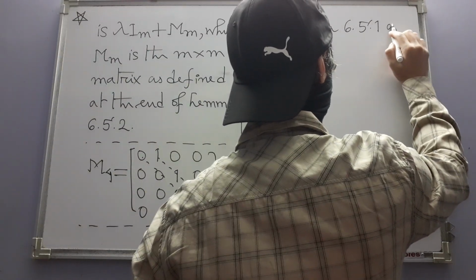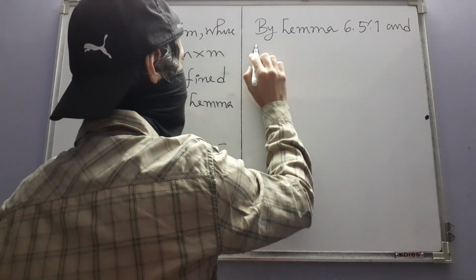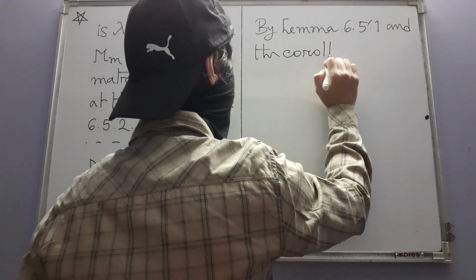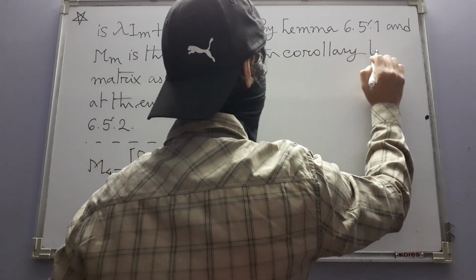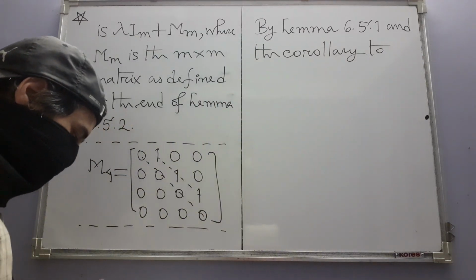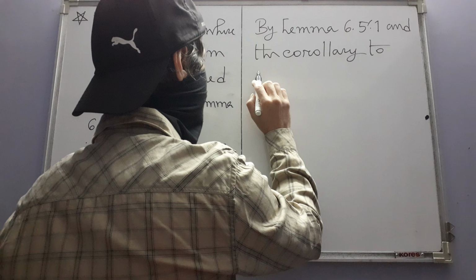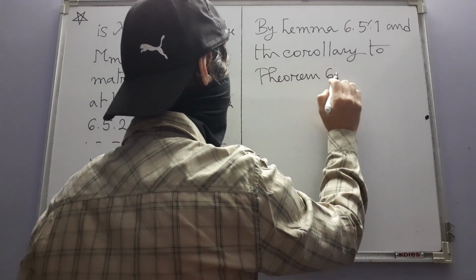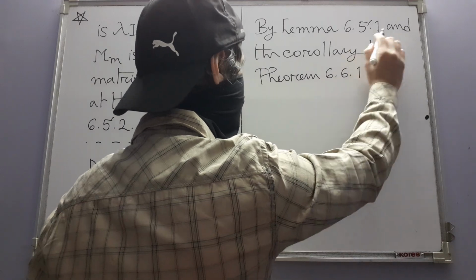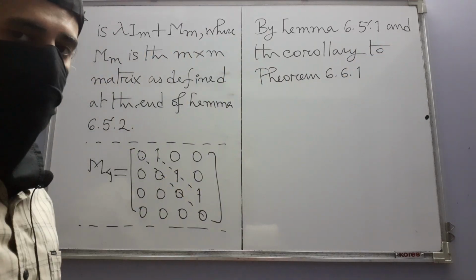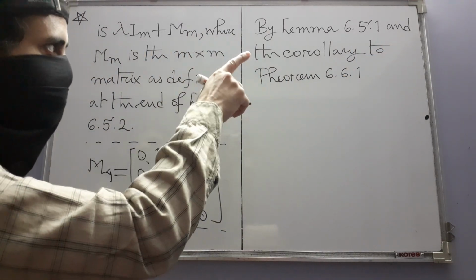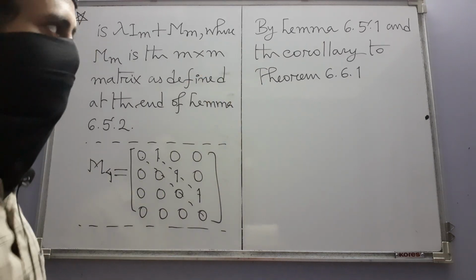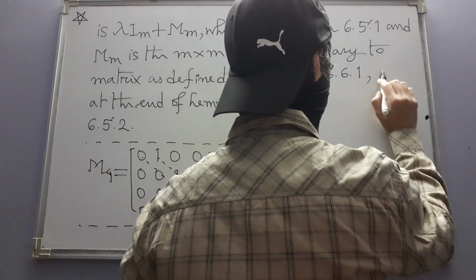And the corollary to Theorem 661. Six five one means the previous section on nilpotent operators. That result and the corollary to Theorem 661, which we have seen in this section itself,